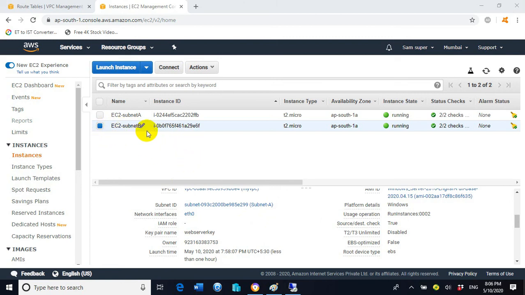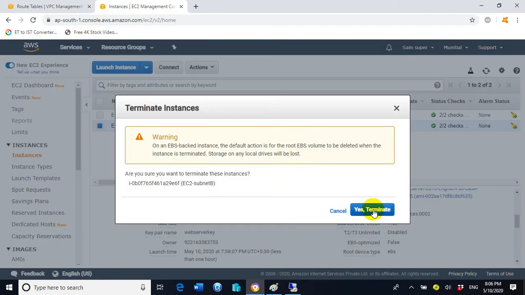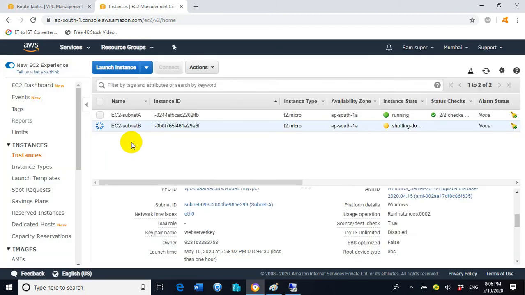Let's delete this EC2 instance. For deleting this EC2 instance, click on instance state, terminate, yes, terminate. So now this EC2-subnet B will be terminated. Now we will create a new EC2 instance for subnet B. For that purpose, let's go to launch instance,